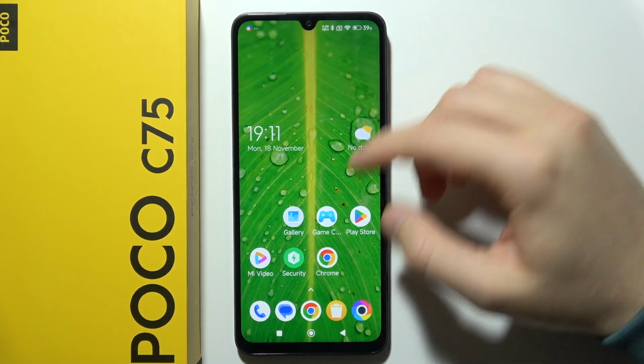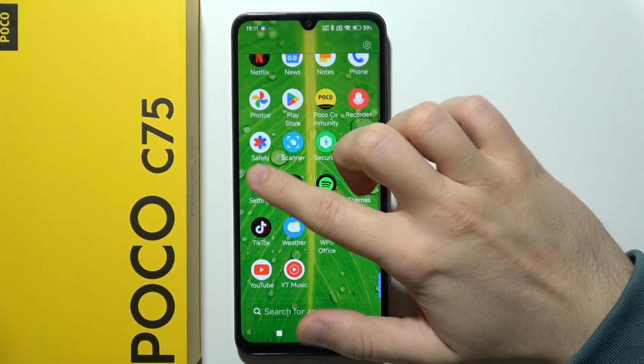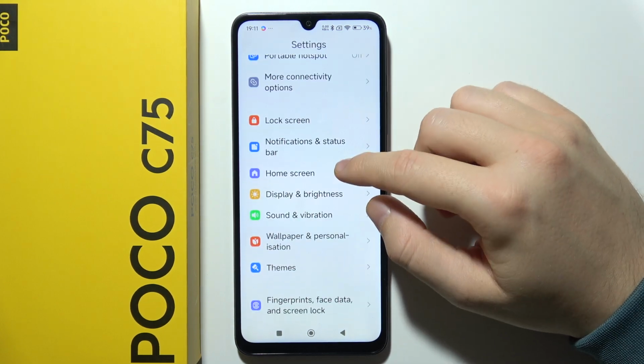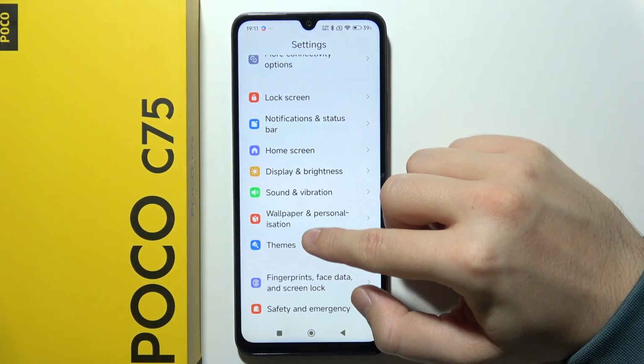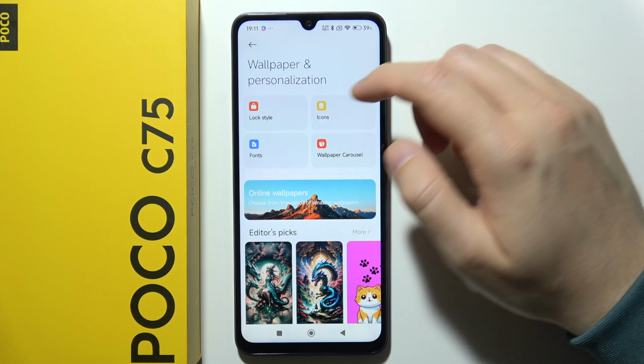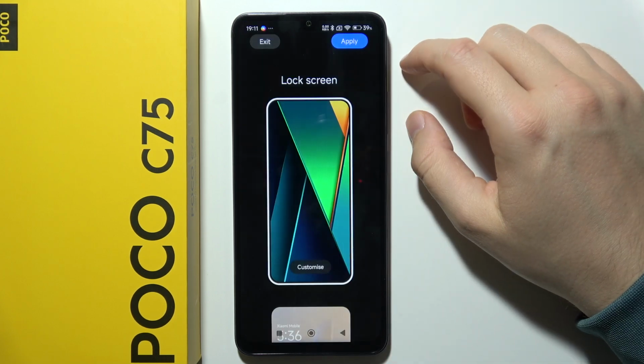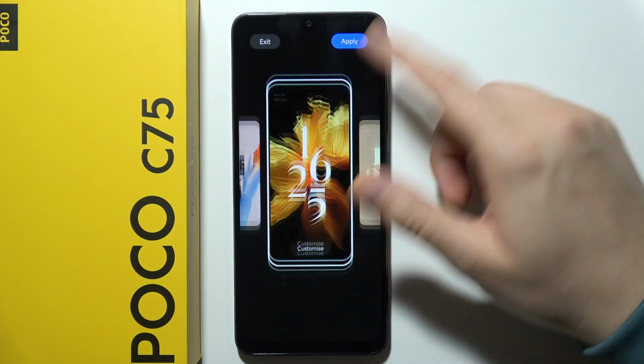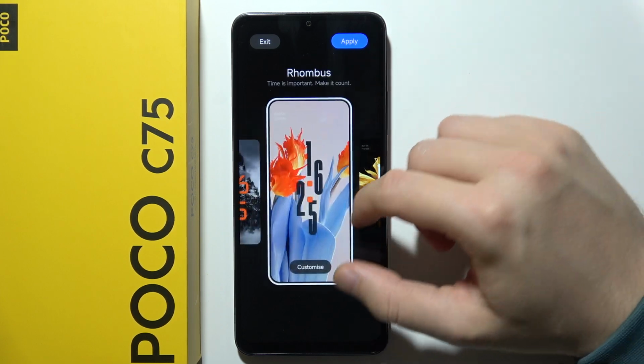To customize lock screen on POCO C75, start by opening settings. Right now, keep scrolling into wallpaper and personalization and start by selecting lock style. So first of all, we can actually find some themes, and let's say that I would like to customize, for